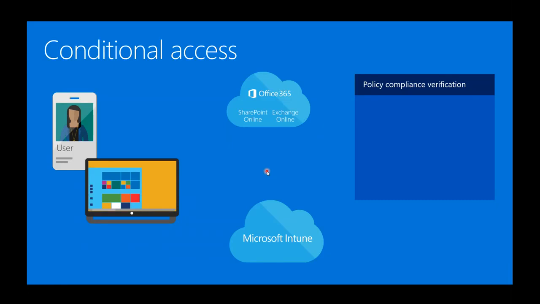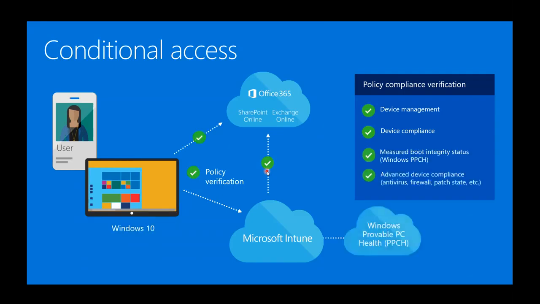I will have to define things in a way that, let's say, for example, I have users accessing their resources and services over multiple different types of devices, and they come to access some kind of corporate data. In that case, the request will first hit Microsoft Intune, the mobility application and device management platform. If at all it finds that the device is not legitimate, then the request will be denied completely. But by any chance, if the request is authentic, then the policies will be put in place, the entire device will be scanned, all the applications that need to be available as a part of the compliance, like the antivirus,